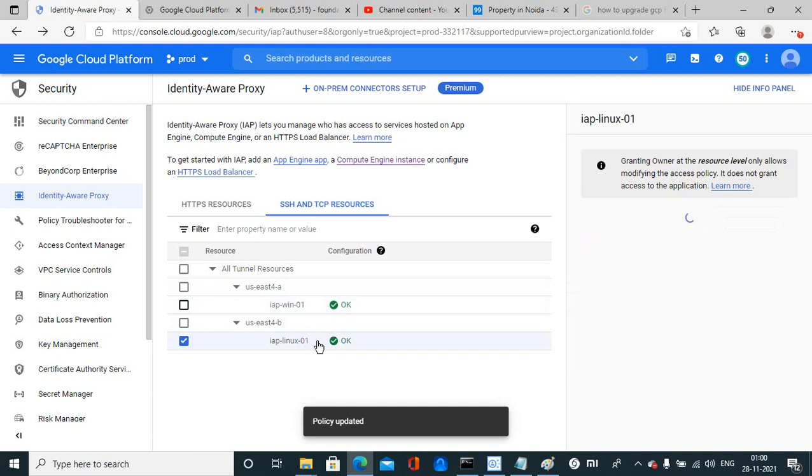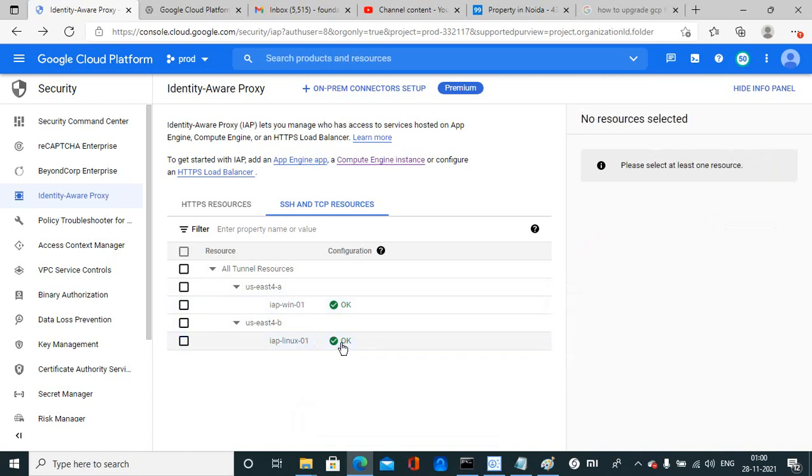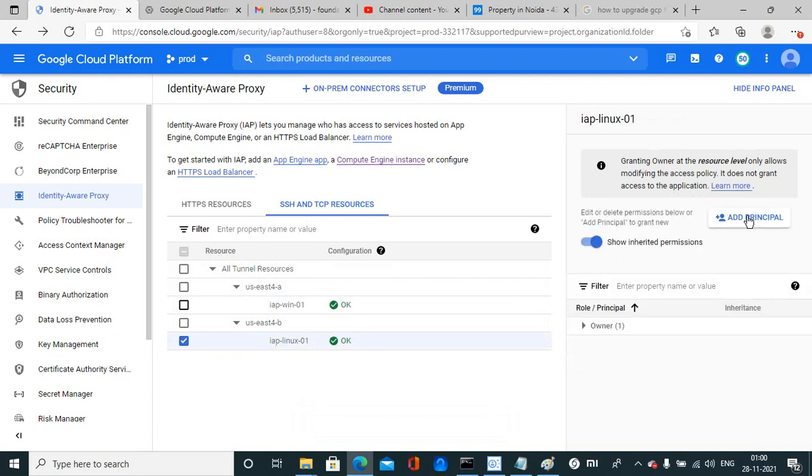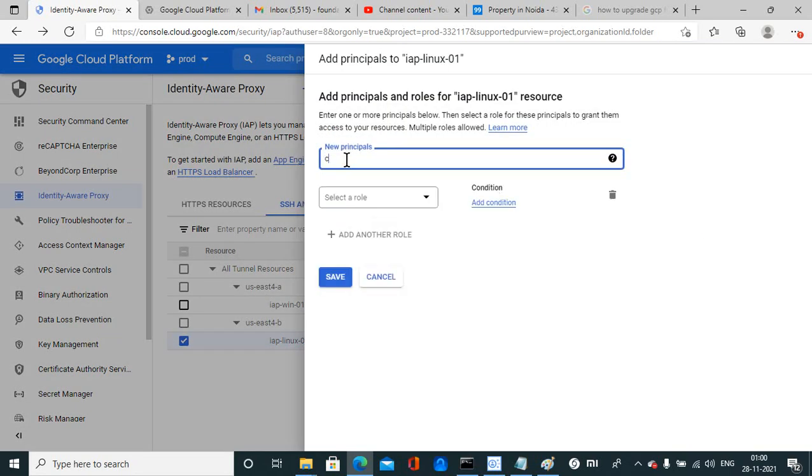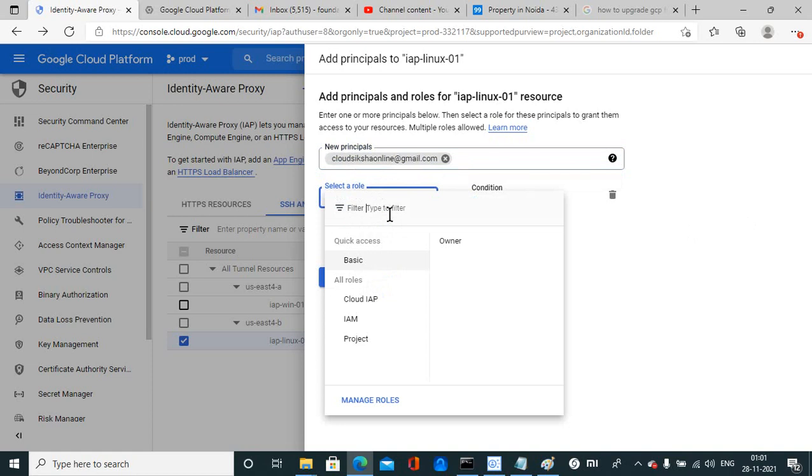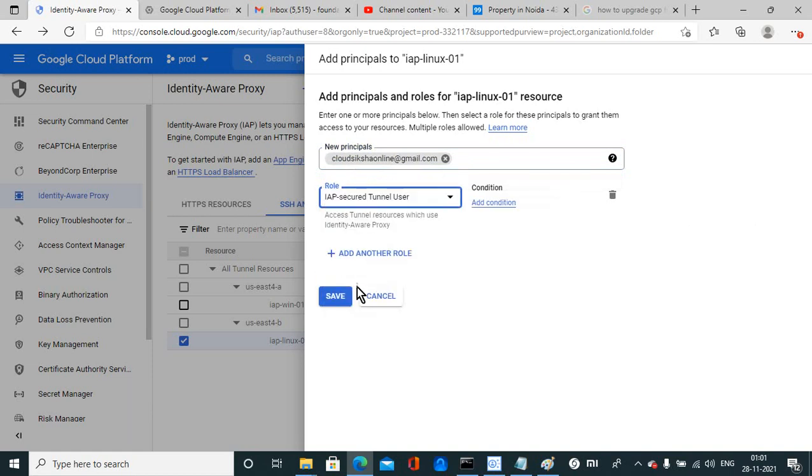Same you need to do for the Linux one, because both are in different zones. That's why for each zone we need to configure it. Again, IAP, save.